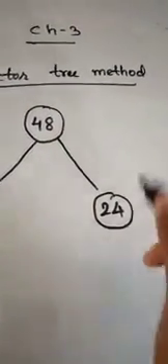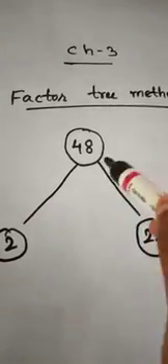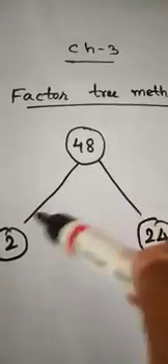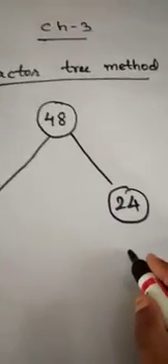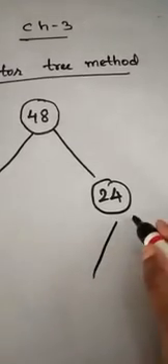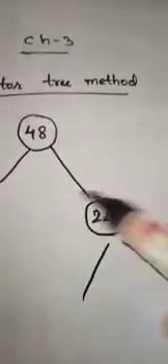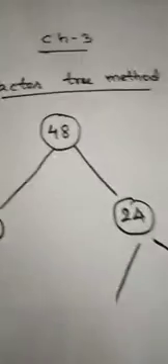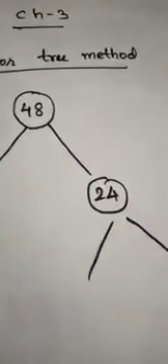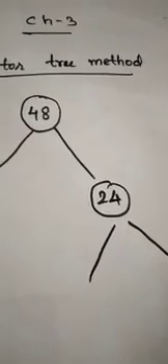Next, we have to do the multiplication. In which table is 48 going? 2 24s are 48. This is a sequence, so I have done 2 into 24, 24 into 2, you will get the same 48. Now you have to check 24. You have to be perfect in the multiplication table. Okay, all of you? Yes.